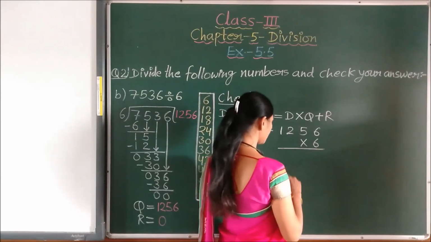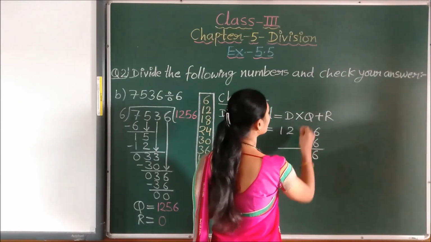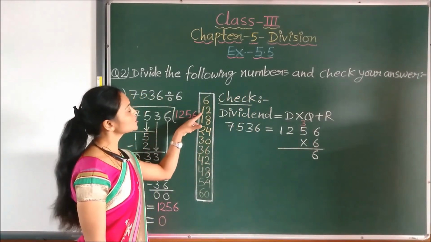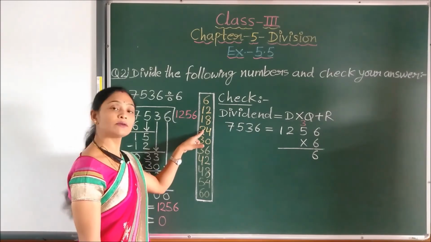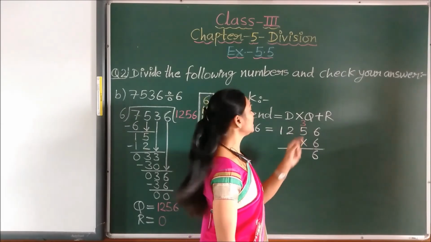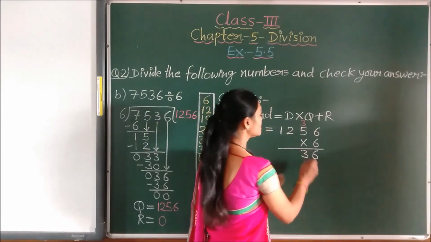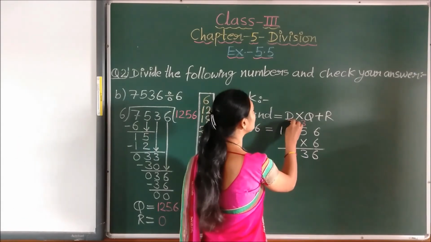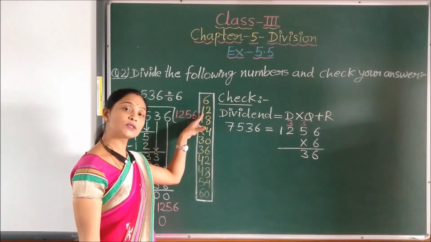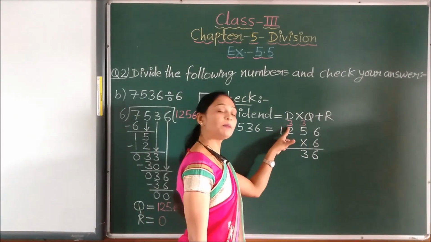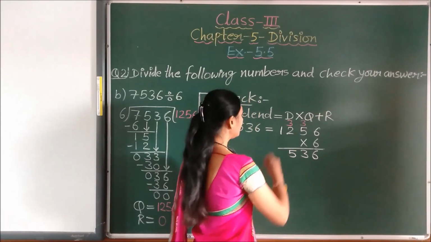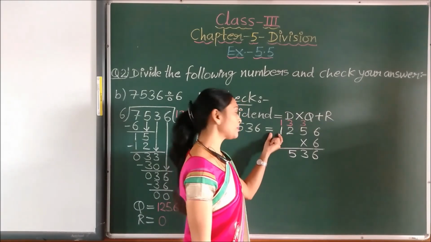So here we have to write 6 and 3 carry over. Now again 6 table 5 times. 6 1s are 6, 6 2s are 12, 6 3s are 18, 6 4s are 24 and 6 5s are 30. Then we have to add this 3 and 30. So 30 plus 3, how much? 33. So 3 down and again we got 3 carry over. Now 6 table 2 times. 6 1s are 6 and 6 2s are 12. Plus 3, how much? 12 plus 3 is 15. So here we write this 5 and 1 carry over on thousands place.